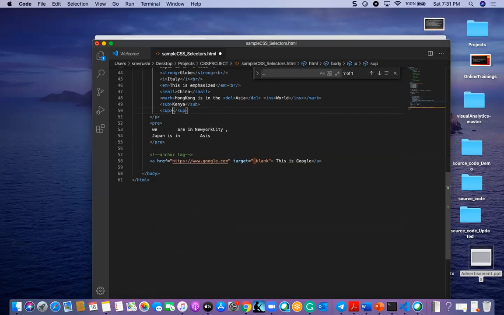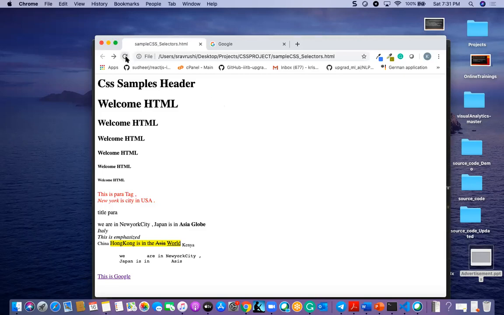Here I am giving some United Kingdom. You can see that it is different from the current row, it went a little up than the current line.